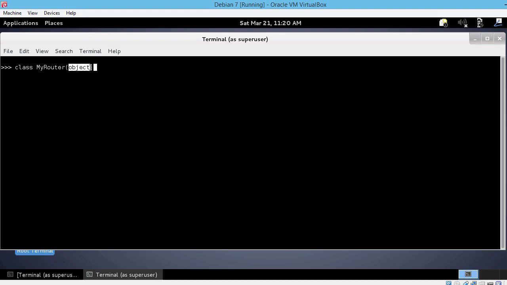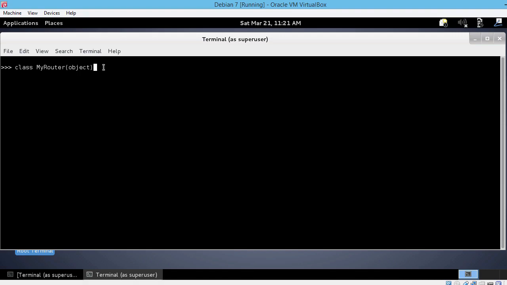This is a default setting and it means that this class inherits from a default class named object. I know this may seem confusing, we won't get into any more details on this topic, just don't forget to write the word object. So we have class myRouter of object,